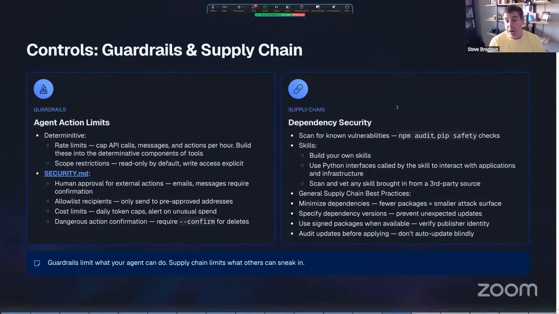Now, when I build a tool, I'm doing two different things. I build an interface layer that's determinative. That is specifically a set of code built in Python that controls access.